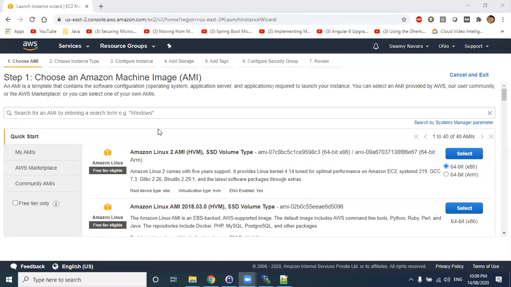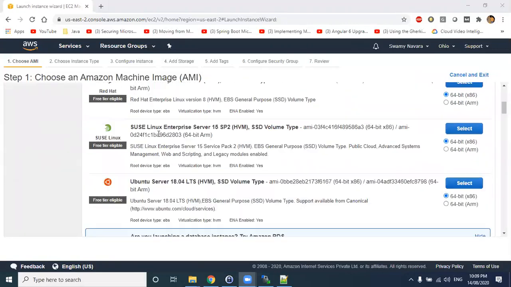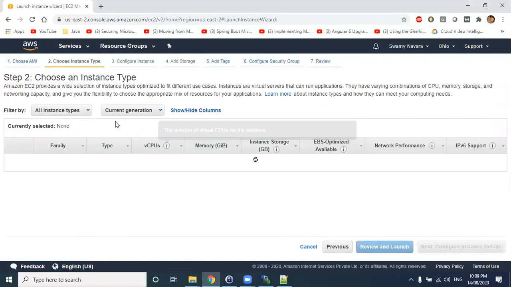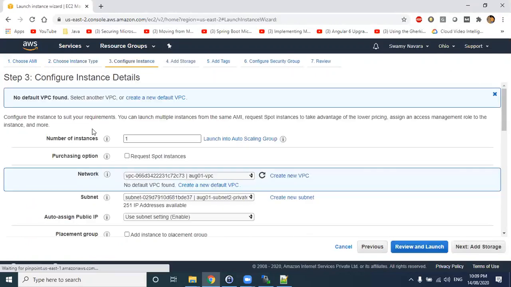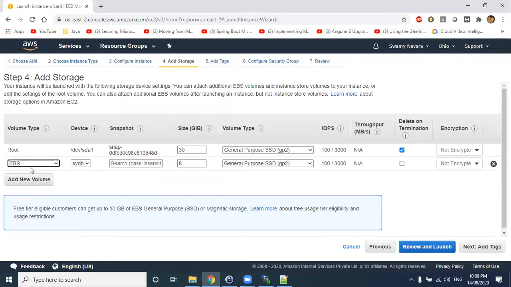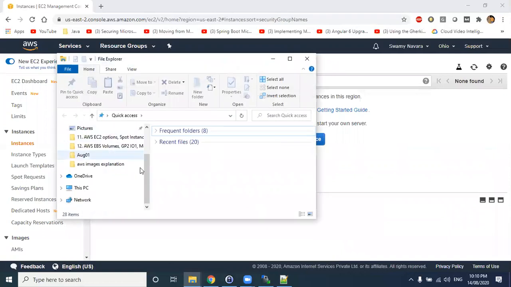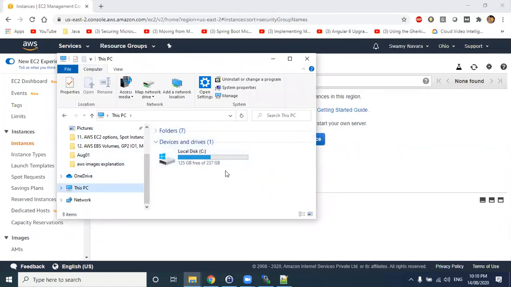Can we attach it to any kind of OS also? Yes, we have seen an example in Linux. In Windows also, you can do the same thing. If you take a Windows machine, you will get 30 GB of root volume by default. If you add a new volume, you will get whatever size you add, either 8 GB or otherwise. Then you need to do the partitioning as per Windows partitioning. In Windows it's simple. For example, if you go here now, I have only the C drive, so D, E and so on will be partitions, the same way we did yesterday in Linux.